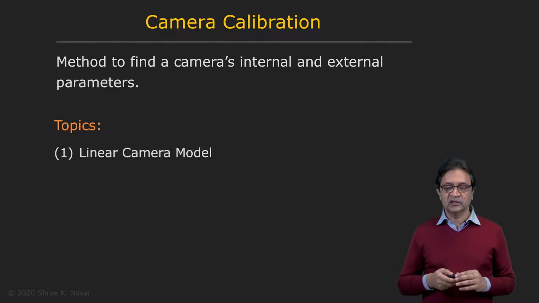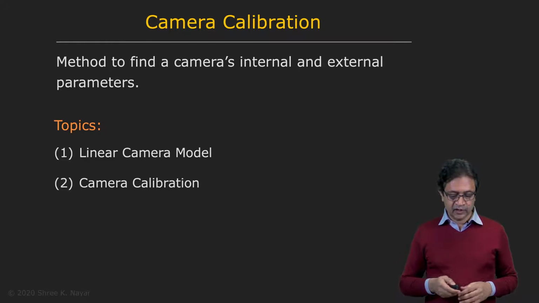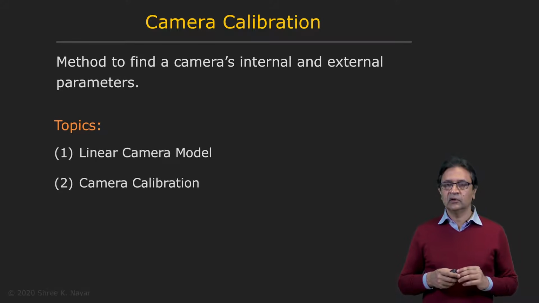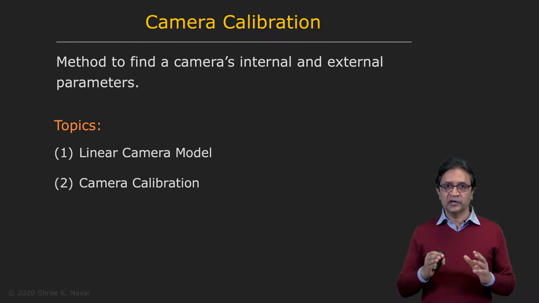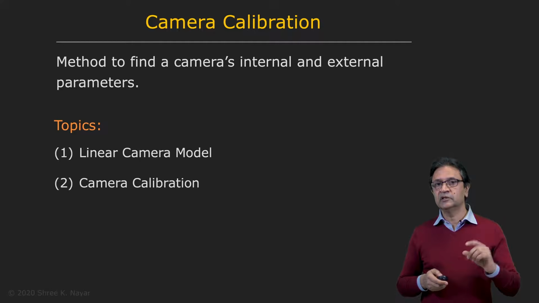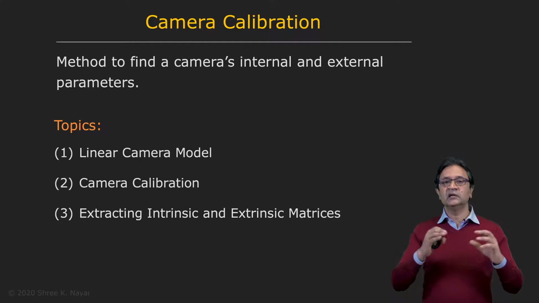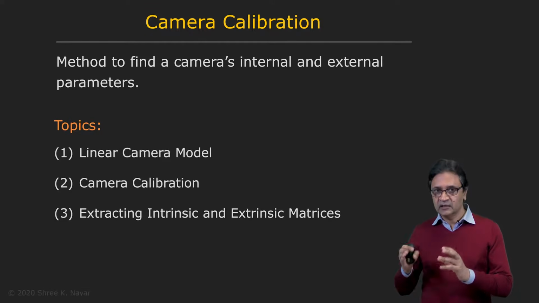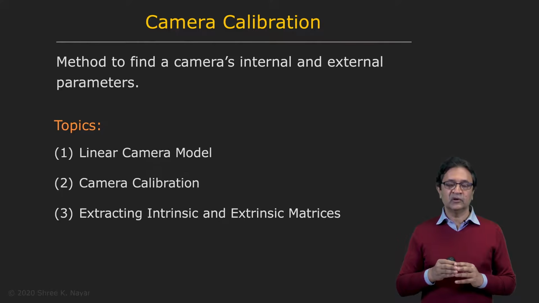So now, with the projection matrix in place, we can develop a method for camera calibration. And the way we do this is that we take a single picture of an object of known geometry. And that is all we need to fully calibrate the camera. In other words, to determine the projection matrix in full. What is even more interesting is once we have determined the projection matrix, we can actually tear it apart to figure out both the internal parameters of the camera and the external parameters of the camera. These are called the intrinsic and extrinsic matrices. So at this point, our camera is fully calibrated.